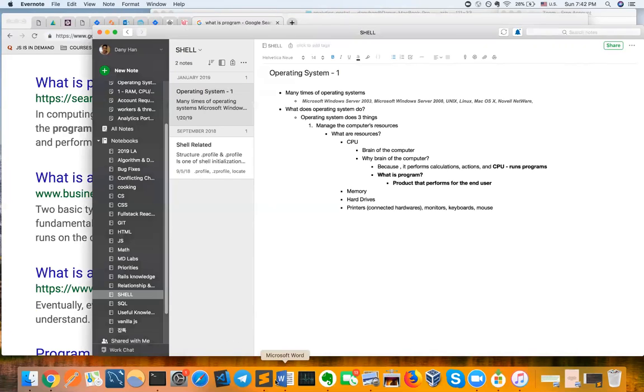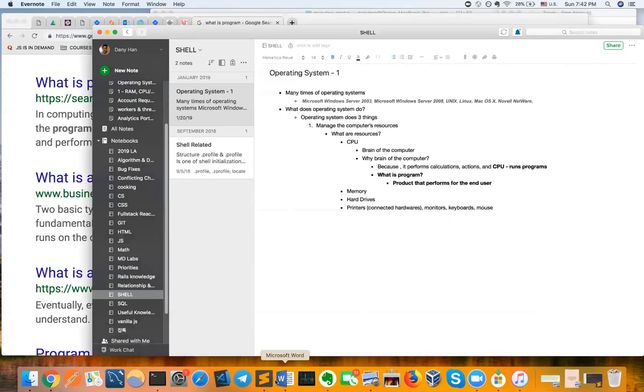And every single one of these programs, like Skype, for example, when I install it and run this program, it does something, right? What does it do? This program is created to make video calls. Microsoft Word, what is this program for? For me to write keyboard characters and save them, right?